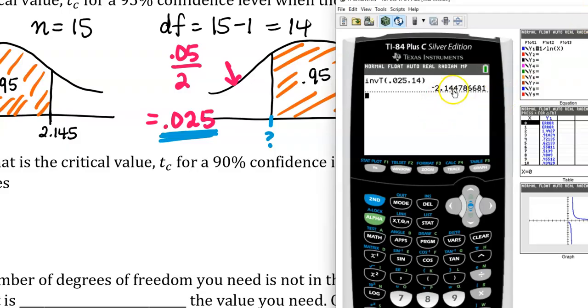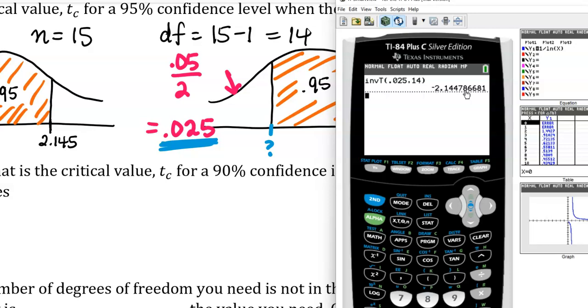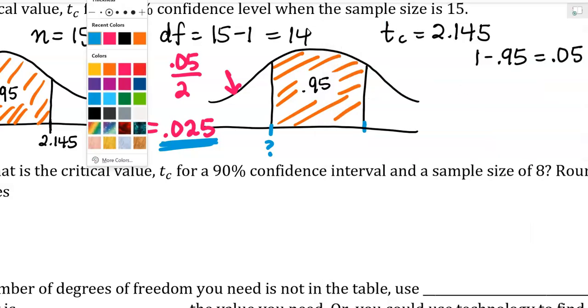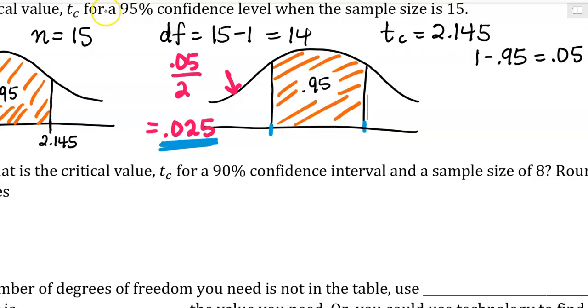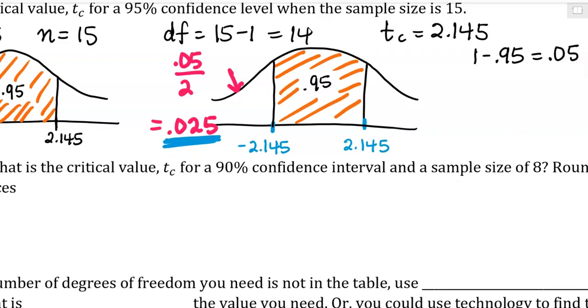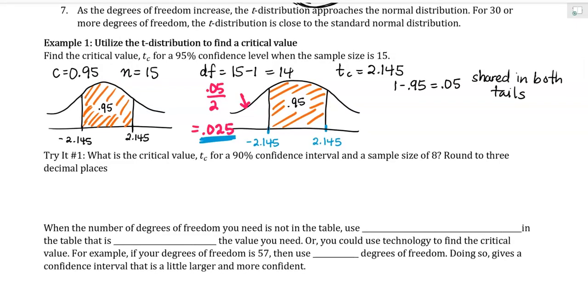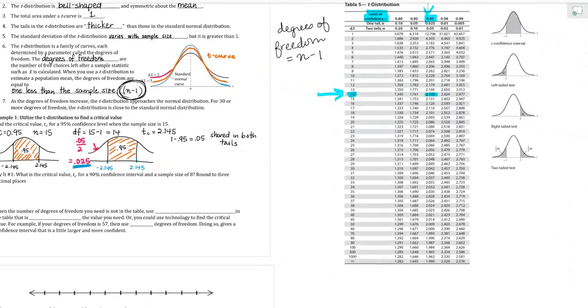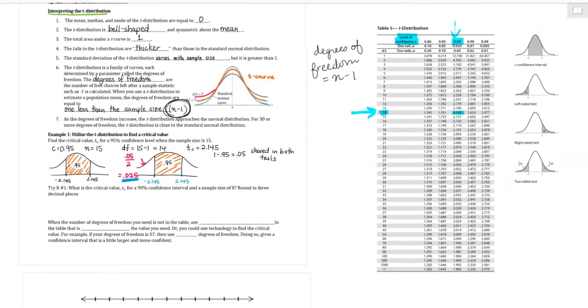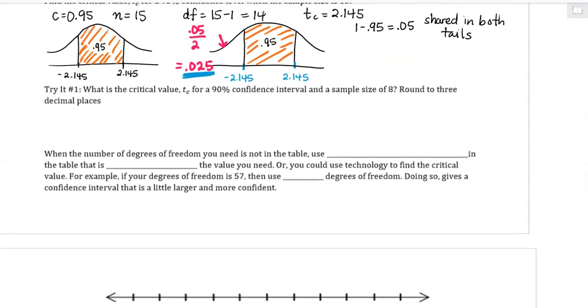negative 2.14478, which does round to negative 2.145. So that means that we have just determined that that question mark is really a negative 2.145, which means that the other critical value has to be a positive 2.145. So now you know how to find critical values using the t-distribution table or using your calculator. And you'll do an example of that on the next slide where you find a 90% confidence interval for a